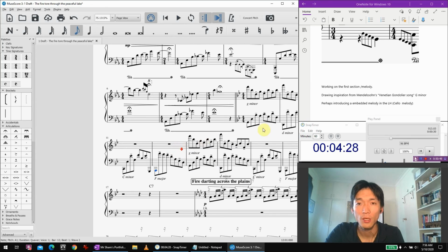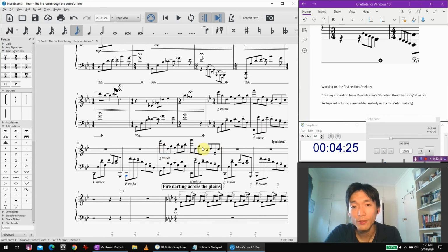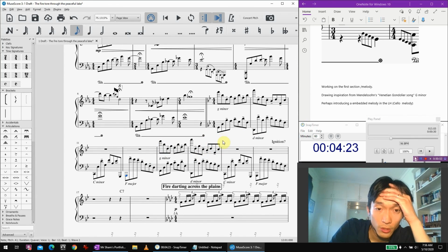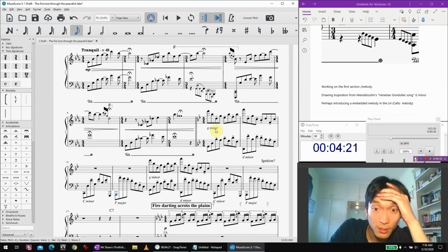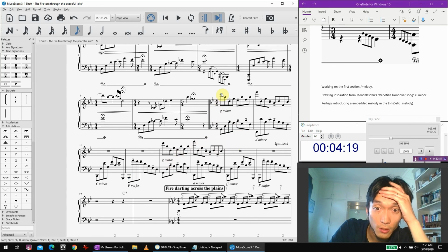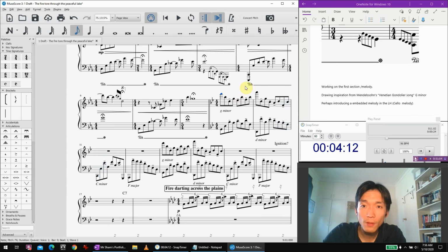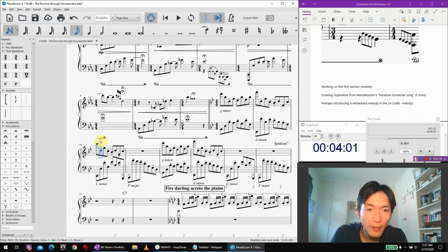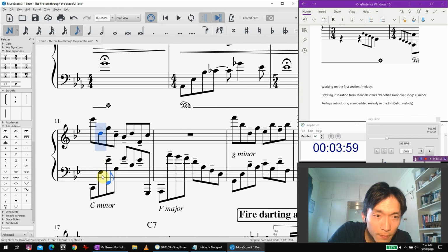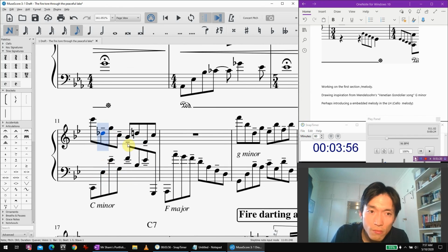Okay, so I reckon we're going to start adding a third layer in here, especially in clusters. I'm thinking of clusters. So there's 2 layers. We've got a high A. Let's go to an E flat up here. E flat. That's an E flat, so